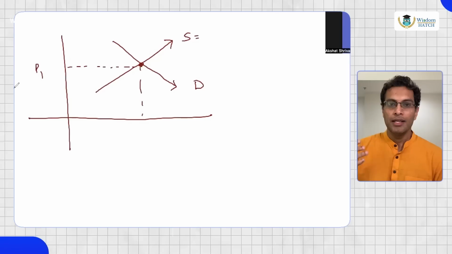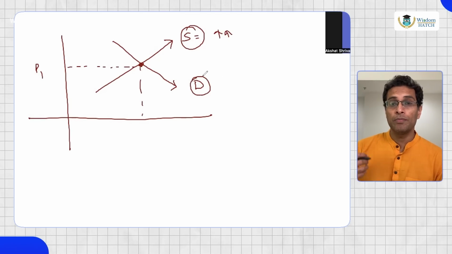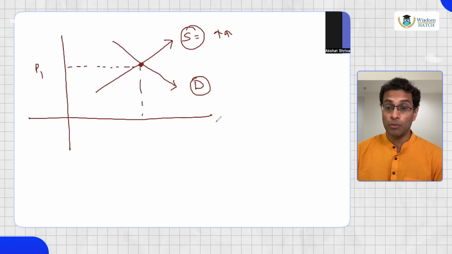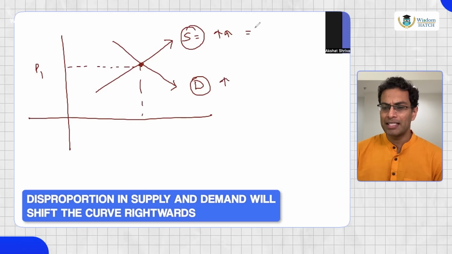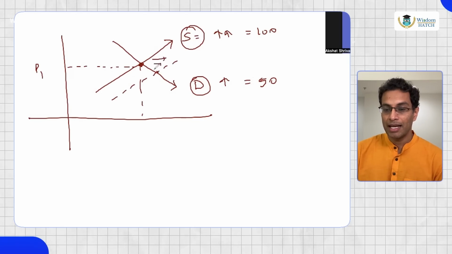Now a more insightful point to know here is that whenever the supply of any commodity increases, but the demand does not grow proportionally, this is the important word, proportionally, that if supply is increasing by 100 units and demand is only increasing by 50 units, then what will happen to the supply curve? Well, it will shift this way, right? It will shift rightwards. And as a result, this becomes your intersection point, this P2,